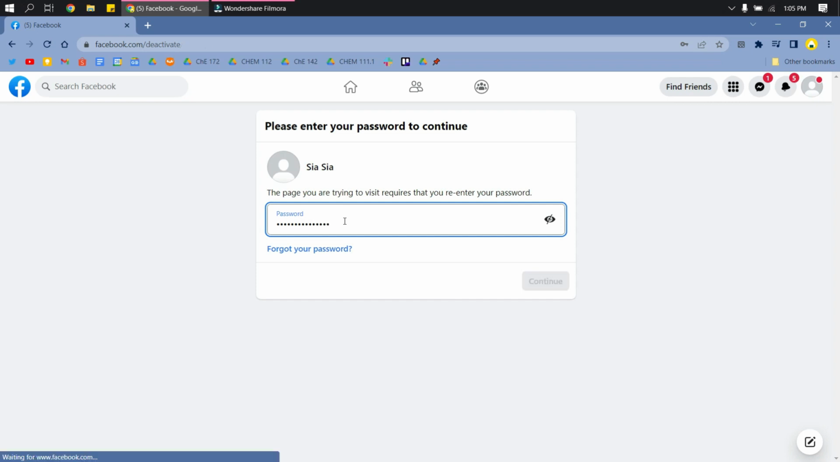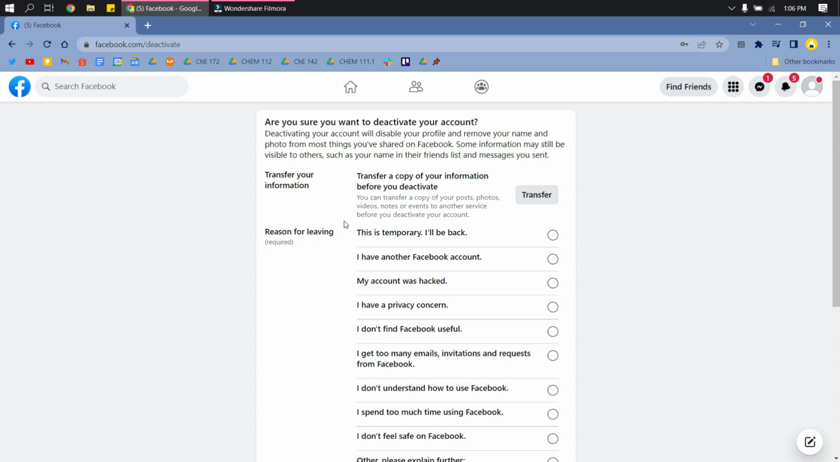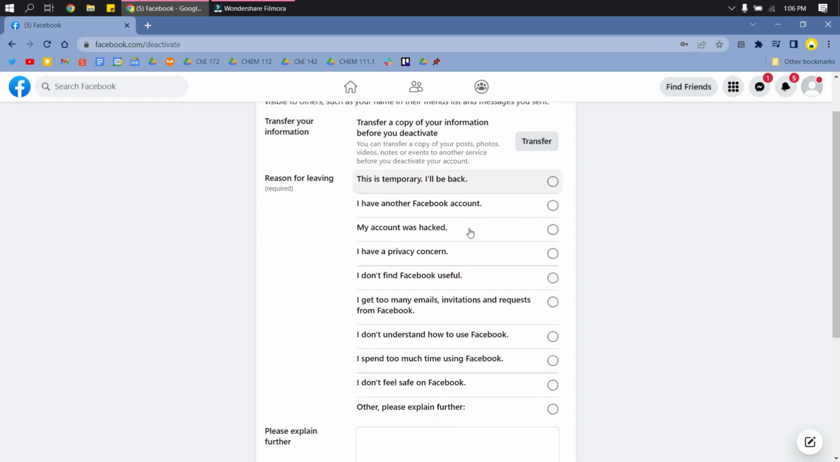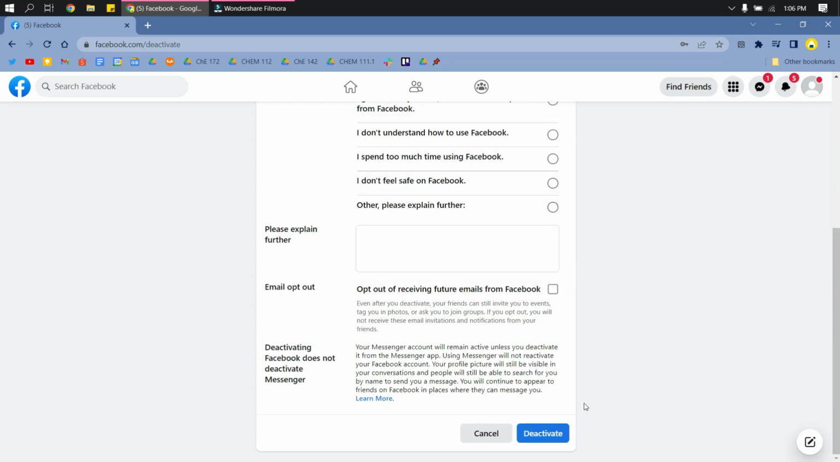After entering your password, click continue, and here you can transfer information to another account, and you can also choose the reason for deactivating your account, and you can explain it. And then after that, you just click deactivate to continue, and that's it. That's how you